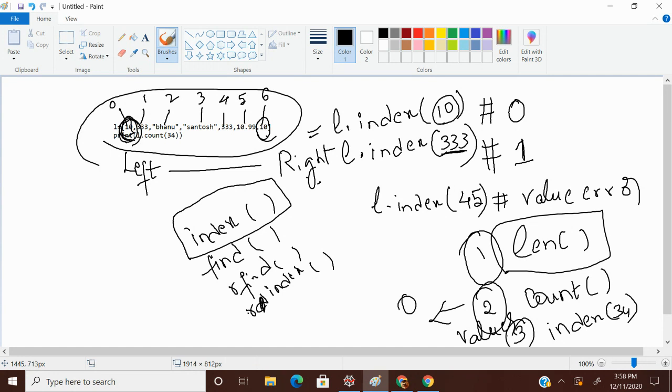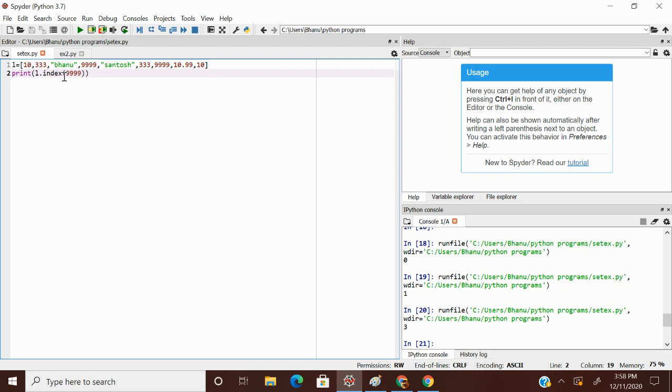In strings, we can apply all of these: index, find, rfind, rindex. But in list and tuple, only the index function is applicable. The rest of the functions do not work on a list. If you want, let me try it out. Okay, the find method.